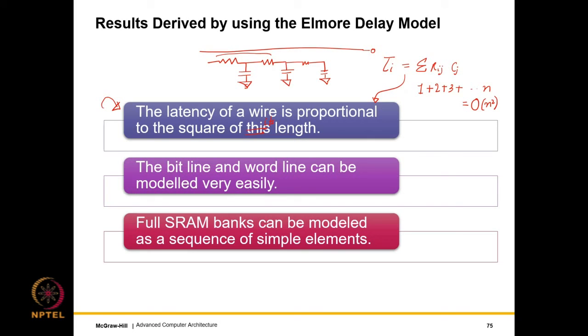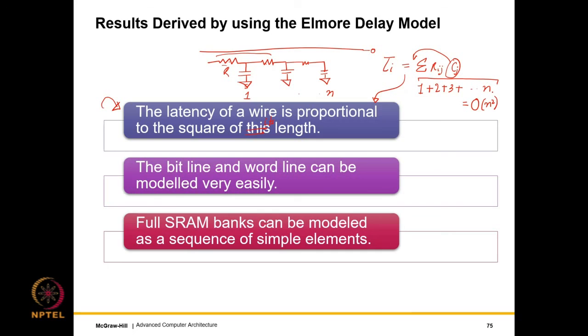Alright. So the Elmore delay model will essentially replace the wire with an RC tree. We know how to analyze RC trees. If we consider any capacitor, we'll just sum up the resistances. And if we number the capacitors from 1 to n, then in the summation of Rij Cj, Cj of course is a constant, so it will come out. The summation of Rij will essentially be the baseline resistance R times 1 plus 2, 3, 4, 5, 6 up till n, if you are assuming that we divide a wire into n wire segments. So this is clearly n times n plus 1 by 2.